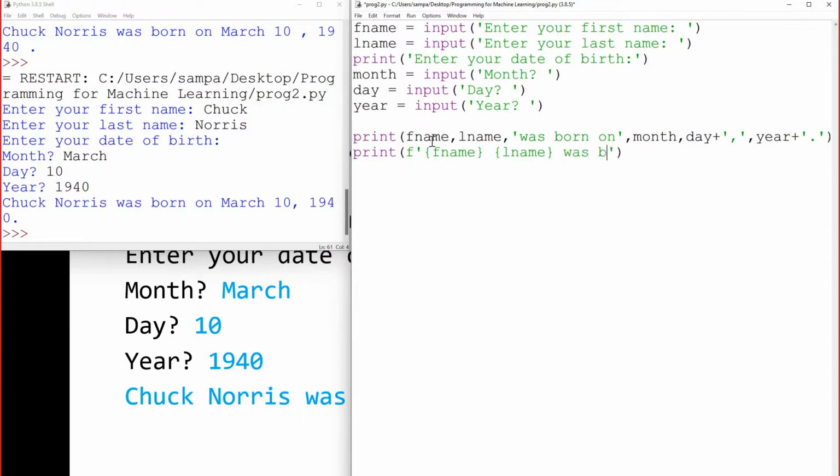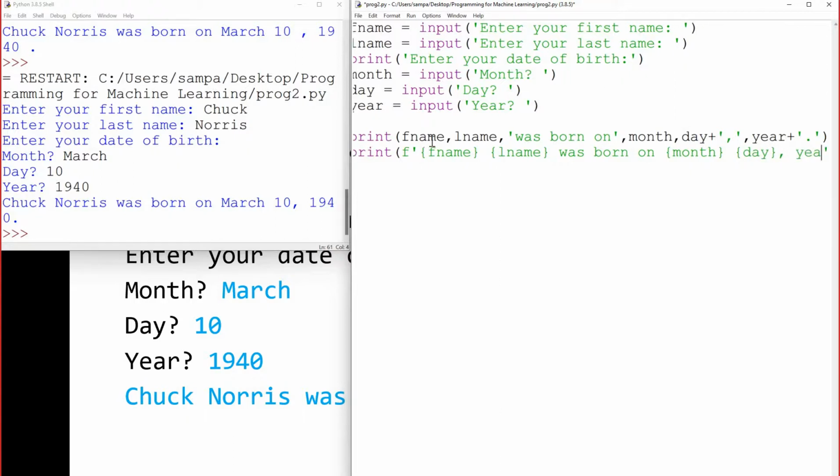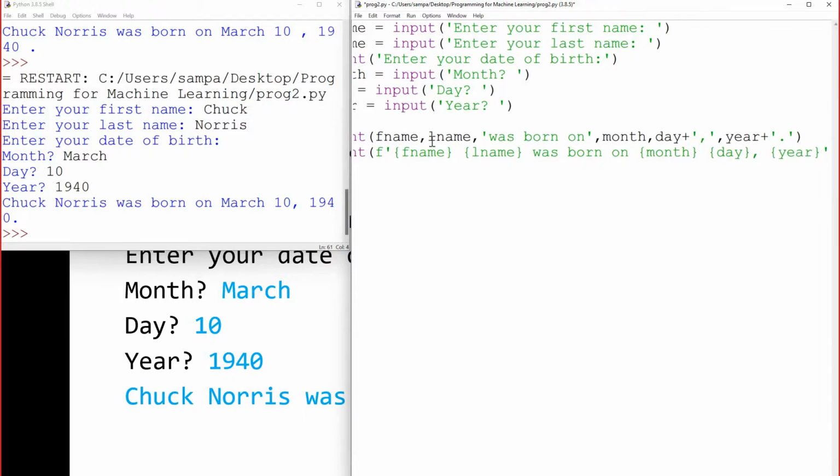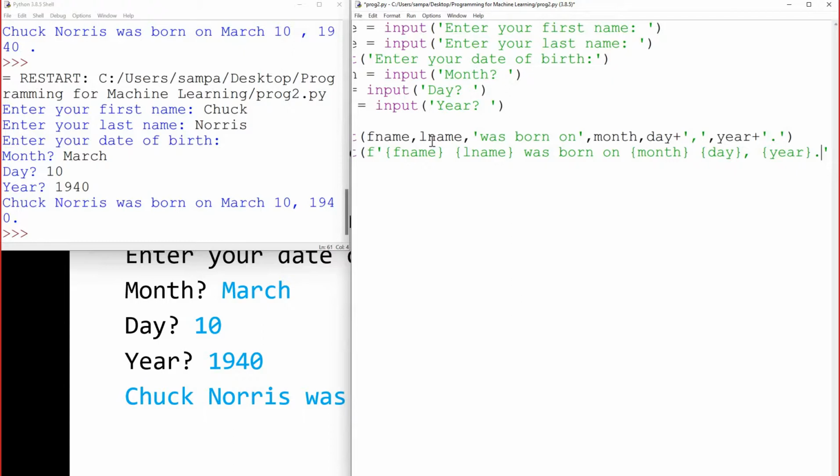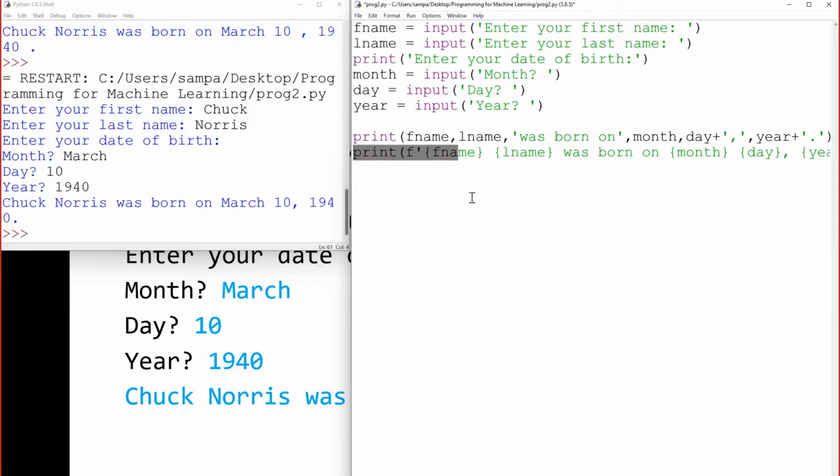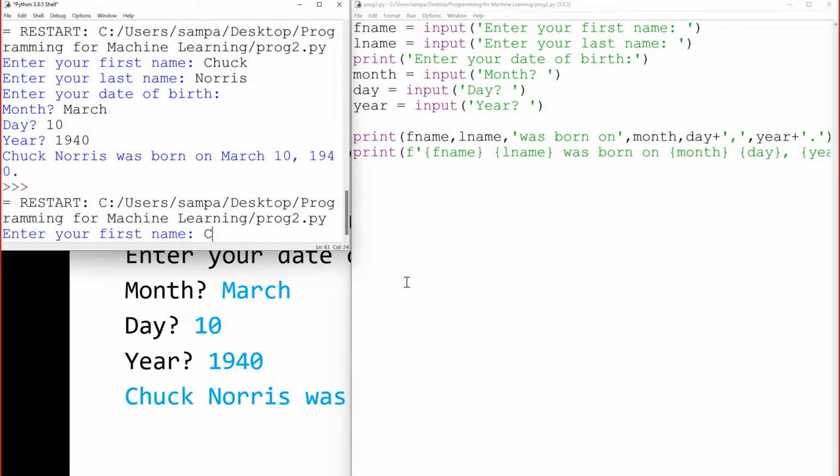We can say was born on. We can have month, day, we have a comma, and year, within brackets, year, and then you have full stop. I hope that I have made no mistakes. So if that is the case, when you say run module, yes,